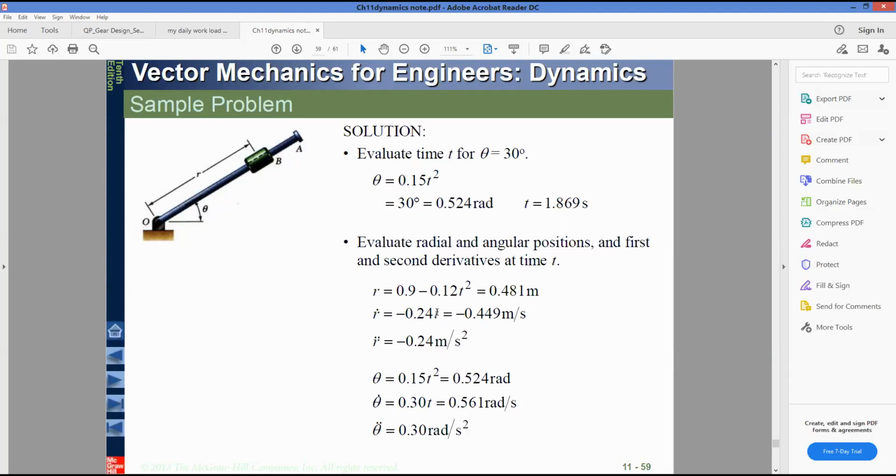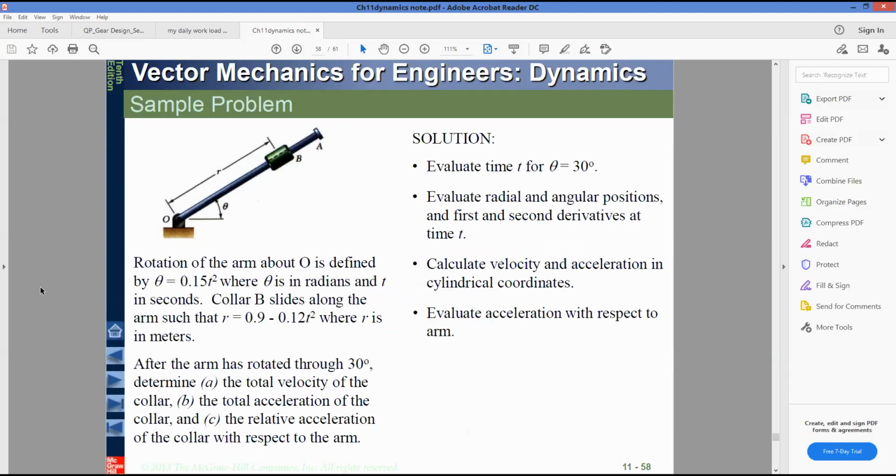Why? Because the only derivative is with respect to time. So you will get this one. Similarly, if you need to find out theta dot and theta double dot, as per the equation, the formula is needed, right? Here the formula is